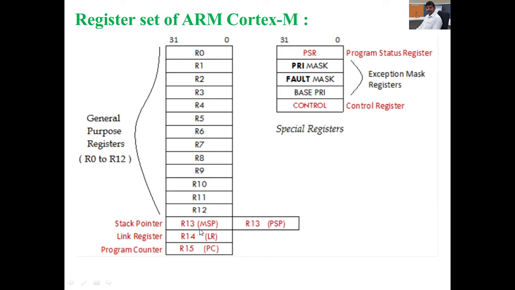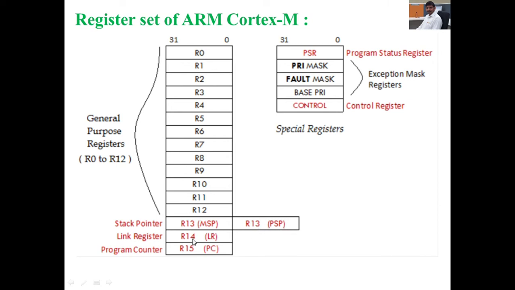R13 register is used as the stack pointer, meaning whenever an interrupt occurs, we can stop the current instruction execution, complete that one, and then the address of whatever instruction we want to execute next will be stored in the stack pointer. This is also called PSP, process stack pointer.